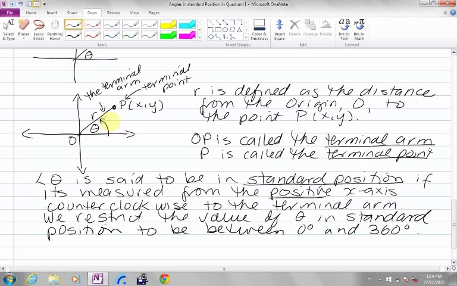So hopefully you can see that when we start defining sine, cosine, and tangent in terms of x, y, and r, we can now have angles of any measurement. Right? We can have angles from 0 degrees up to 360 degrees and beyond if we wanted to. We can have negative angles. We can have, if we were to have an angle over in this quadrant,